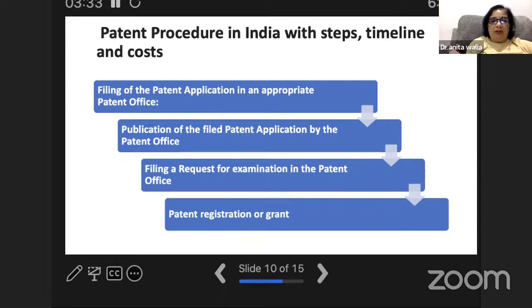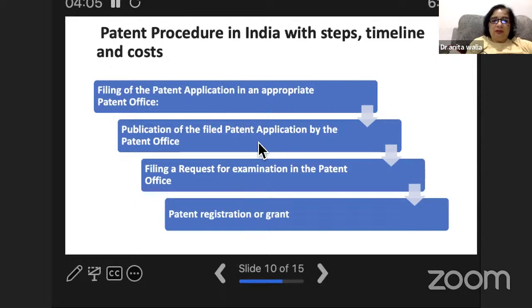A complete patent application is for when you have already developed the product, which will include your background study, abstract, detailed description, design, drawing, claims. I just now showed you all these things. And it has to be in a prescribed manner. So you can file a provisional patent application, or you can file a complete patent application. After filing a provisional patent application, within 12 months, you can file a complete one, but by that time your product should be ready.